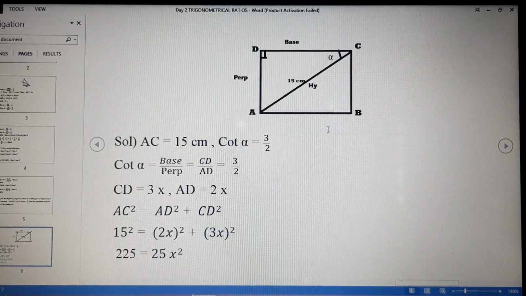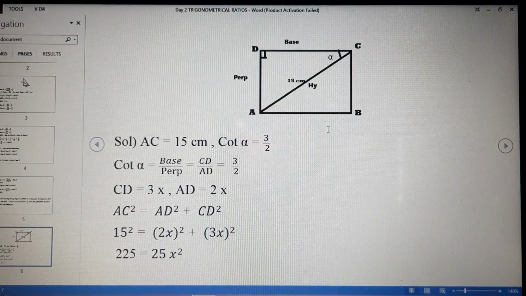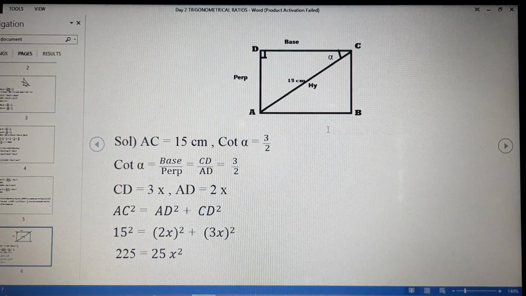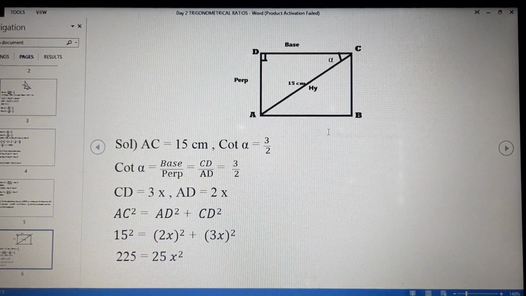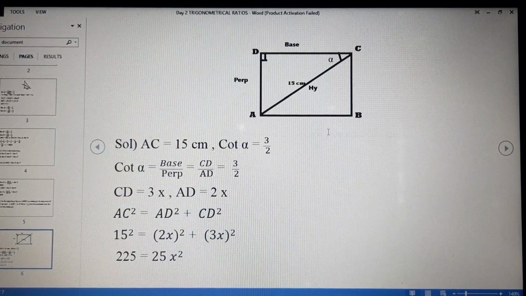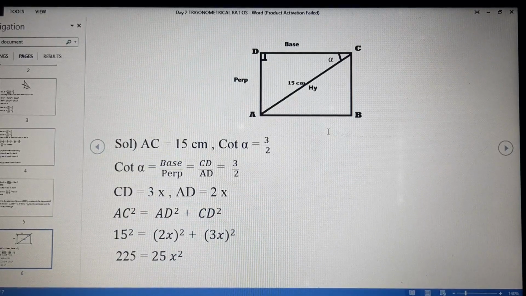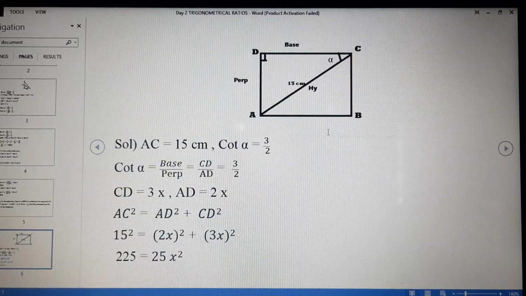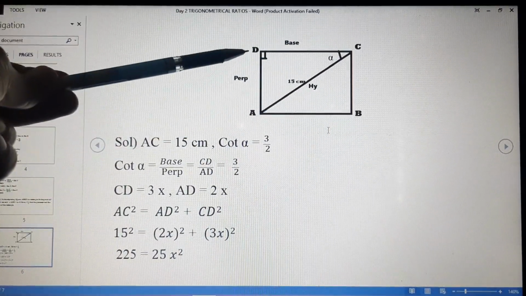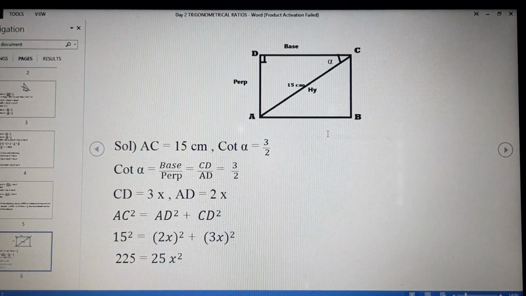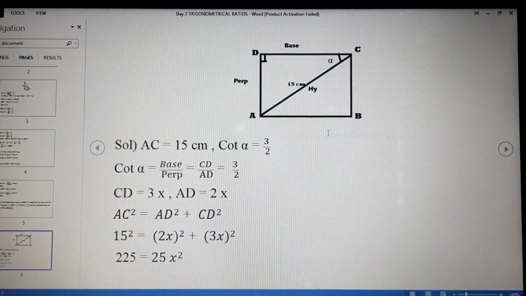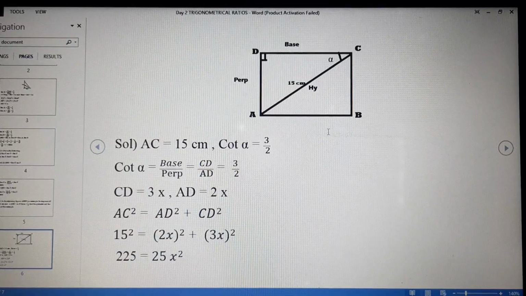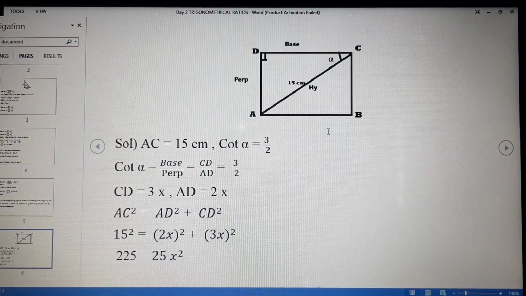So we need to look for two things, a right angle triangle and the acute angle which is given. Triangle ACD is a right angle triangle because it is a rectangle, so all four angles A, B, C and D will be 90 degree. So angle D becomes 90 degree. That means triangle ACD is a right angle triangle in which angle alpha has been given. According to angle alpha, in triangle ACD, opposite to angle alpha, side AD becomes the perpendicular and the leftover side CD becomes the base.